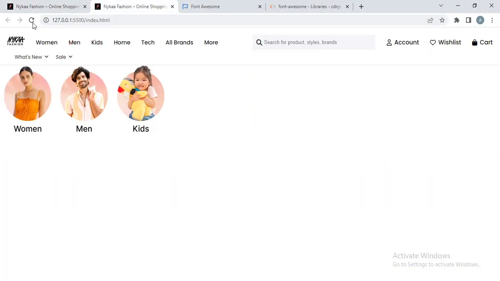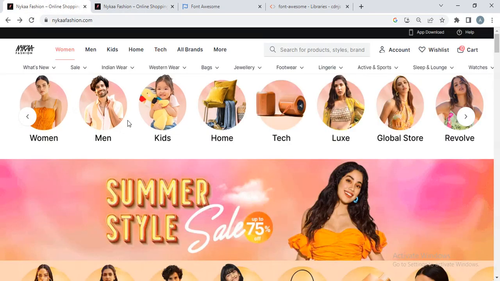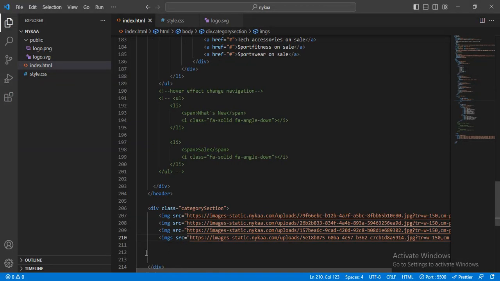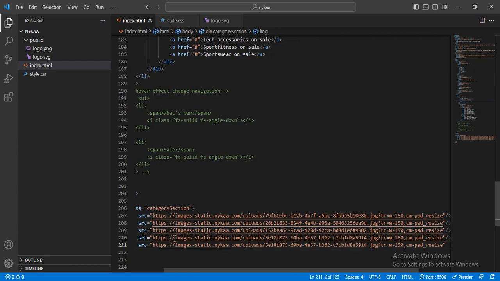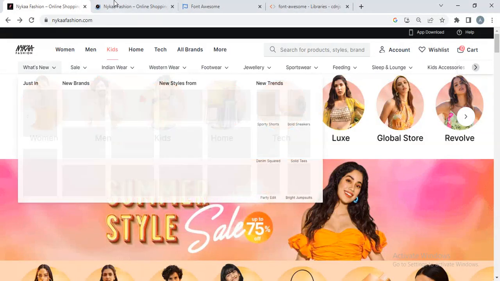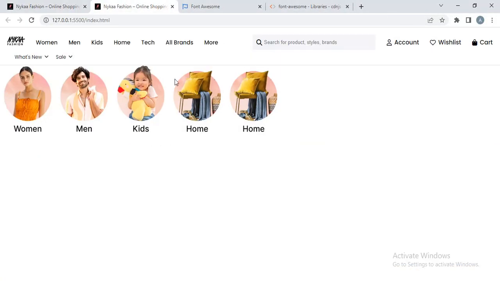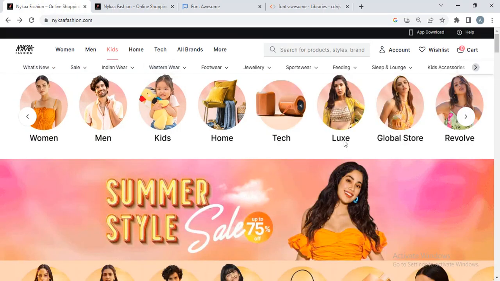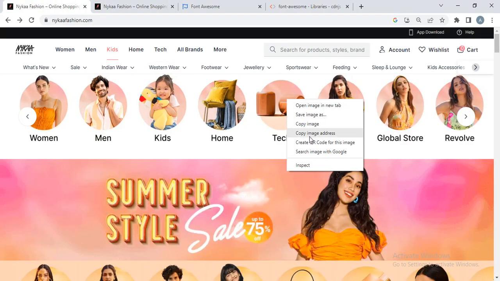Why are these not coming? I think this is more security. Right click, copy image, and here I will just add another one. Okay, here I will add the img src and paste this. Now let me just check all these are displaying, yeah, and here I will go right click, copy image, and